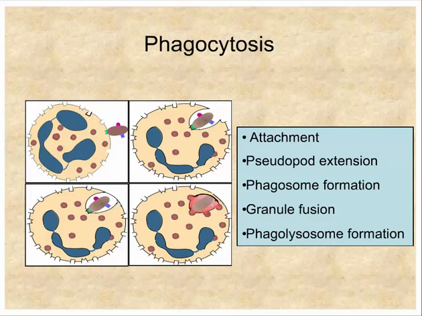Now, what happens, of course, many times as this process is going on, is that these granules actually start fusing with the phagosome prior to the completely closing off, the pinching off of the phagosome here. And so a lot of times the contents of these granules or lysosomes can be released into the tissue spaces, and that's why there's collateral tissue damage going on, because some of these toxic products actually get out of the cell if these granules start fusing prior to the full formation of the phagosome, and they certainly do that.